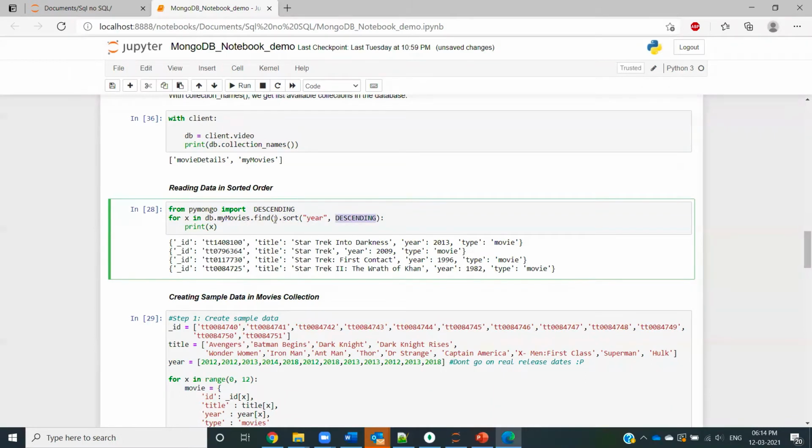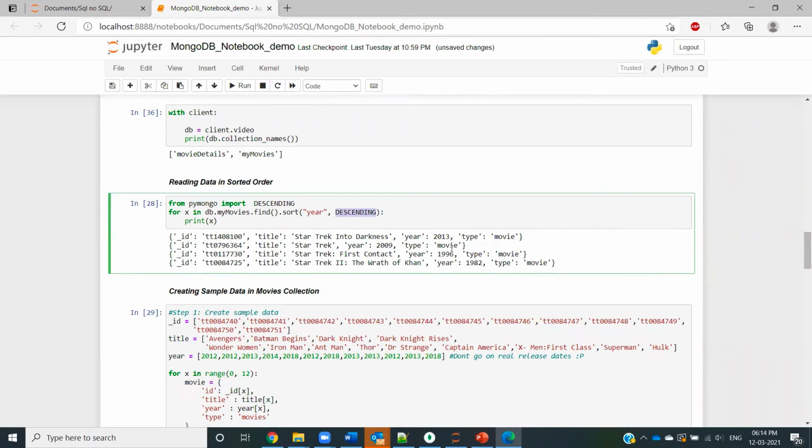So we are using two functions here, find and sort. When I hit this, I get all the movies currently inside the collection in descending order of the years.